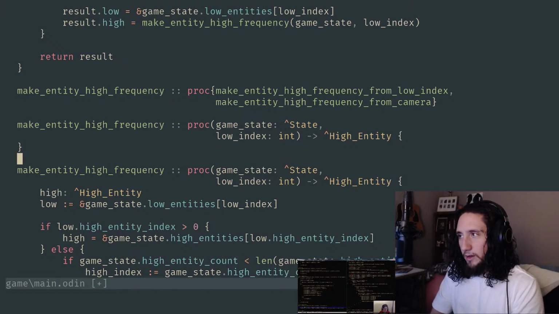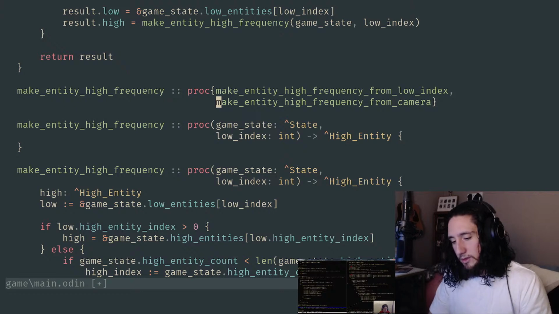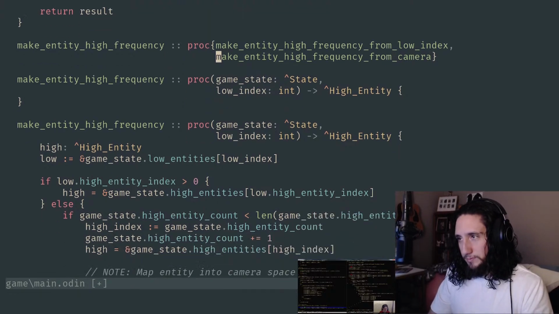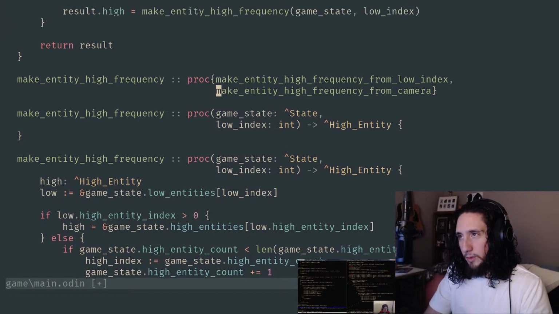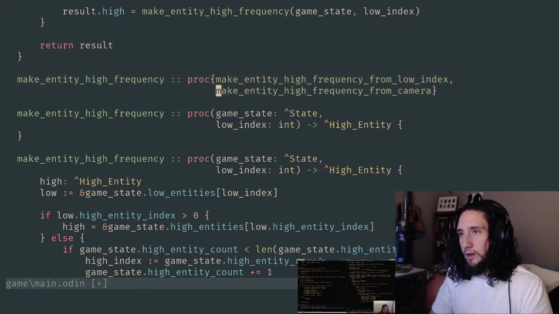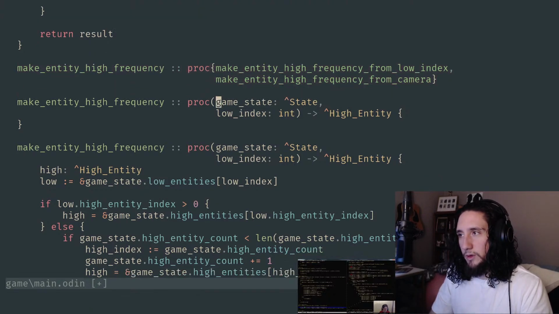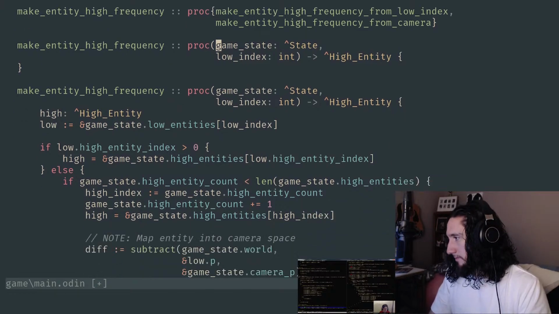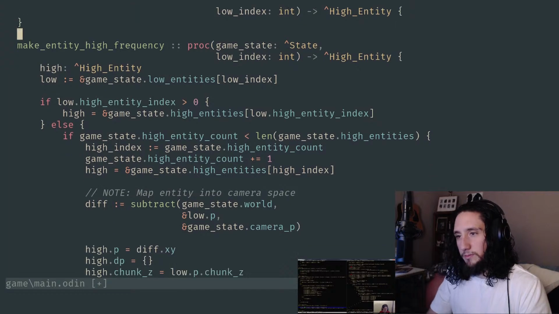I like that a lot, because it makes me stop and think, okay, I've got all these overloaded functions. Why am I doing this? Really understand the differences between them so you can make those names meaningful, and then you still get the benefit of only needing to make one call. I don't know if there's anything approximating this in Zig, but if there is, I never found it when I was still writing a bunch of Zig to do this project. So just little nice to haves that make me happy every time I get to use them in Odin.